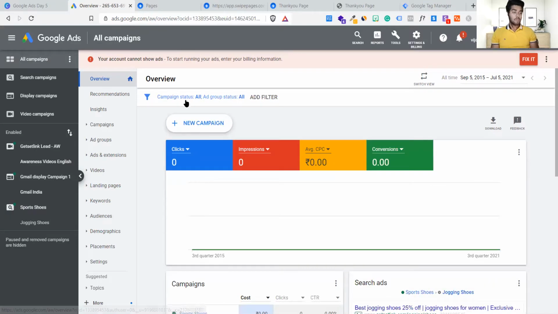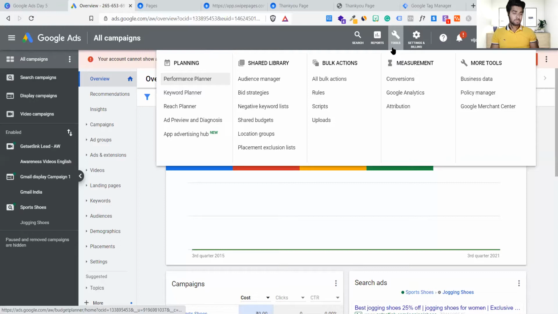Now the problem starts here. Suppose you have one landing page and you want to track conversions, how can you track it? First you have to set up a conversion. In order to track conversions, you have to do some certain activities. I want you to watch this step by step from right now. Pay attention, otherwise you will lose focus and will not be able to understand how I've set this up. This is quite technical.